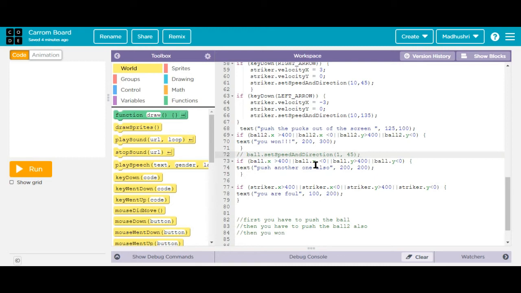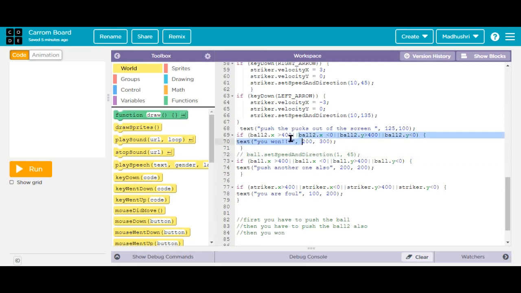If ball 2 dot x is greater than 400, then it will be coming as u1, or if it is lesser than 0 it will be coming u1 only. Whenever we give it like this, it will be coming u1. So I think you can understand.